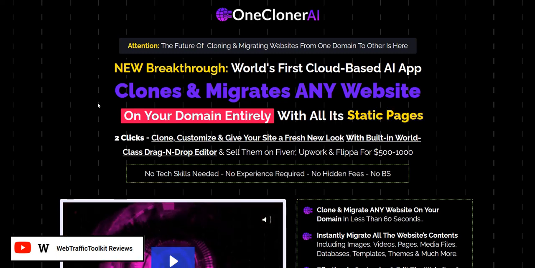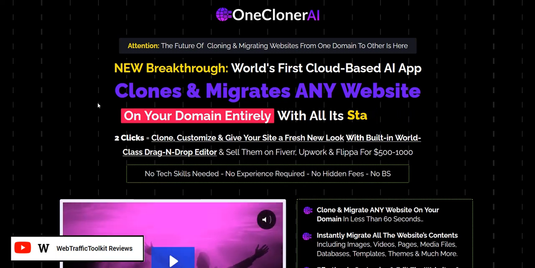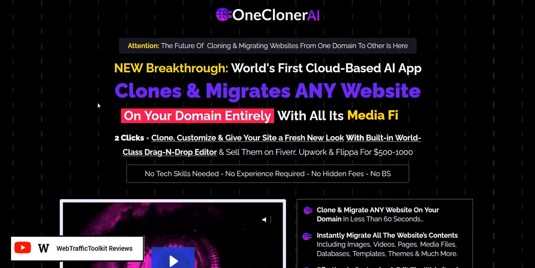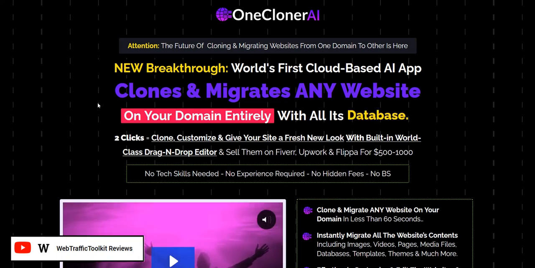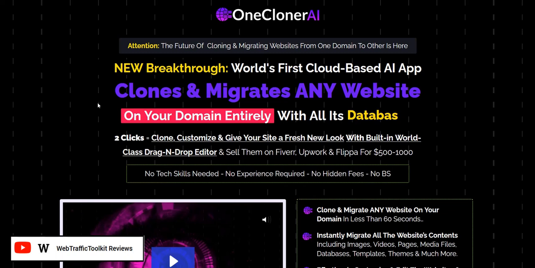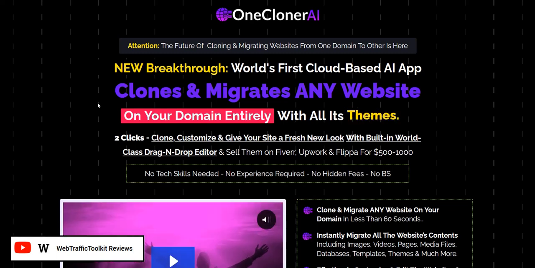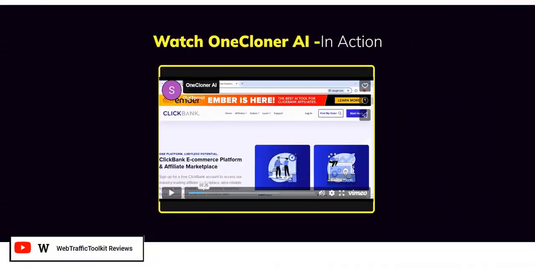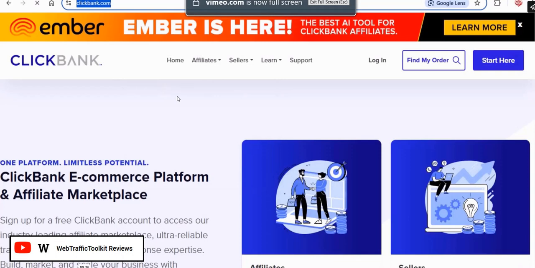So with OneCloner AI, basically the way the system works is you go over to a website, copy and paste a link of a website you want to clone, and then it will let you open that up and edit it in the drag and drop editor. So it's quite a cool piece of software where you actually can clone other websites and they look exactly the same. The only disadvantage is how ethical it is and whether you've got permission or not from the other people